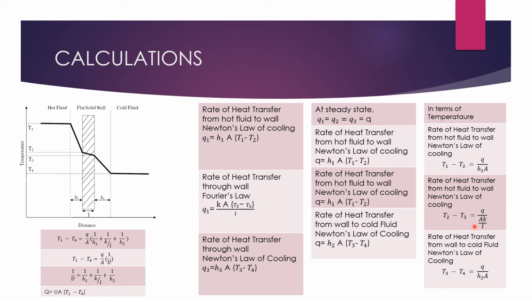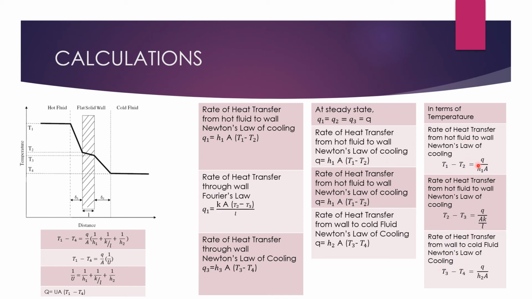Now the next step is that we are going to add these three equations. So when we add them, on the left hand side we will get T1 minus T4, as T2 in this equation will get cancelled with T2 in this equation, as here is a negative sign and here is a positive sign, and T3 in this equation will get cancelled with the T3 in this equation, as here is also the same case, that is negative sign and positive sign. We will get the equation as T1 minus T4.